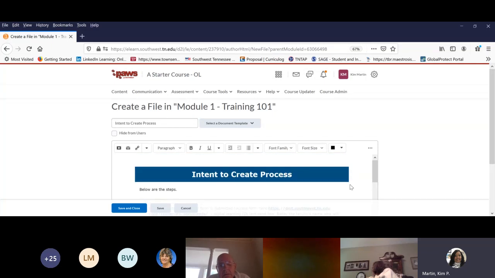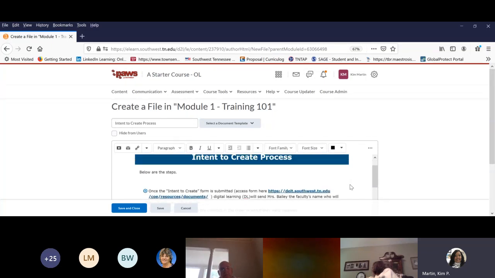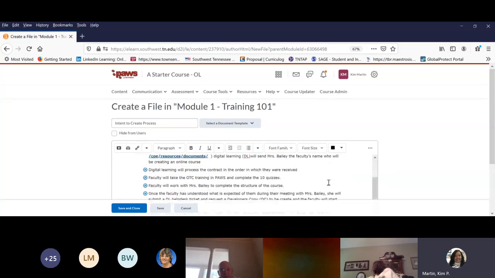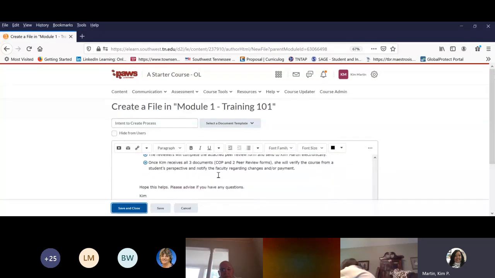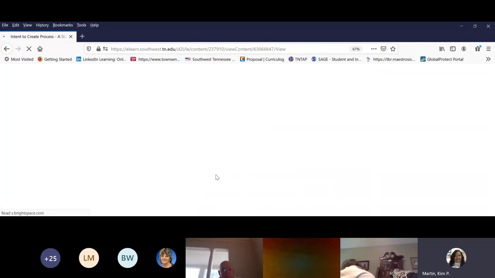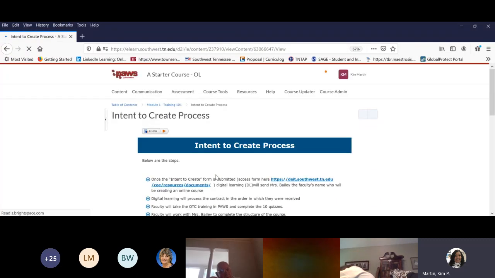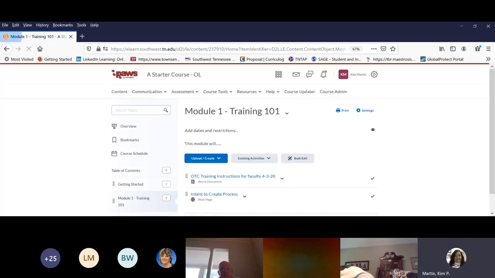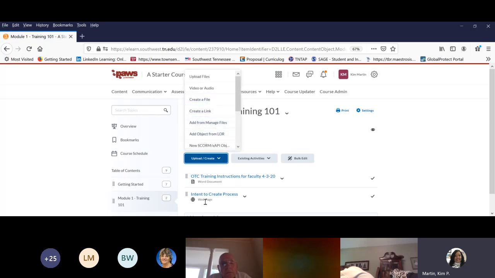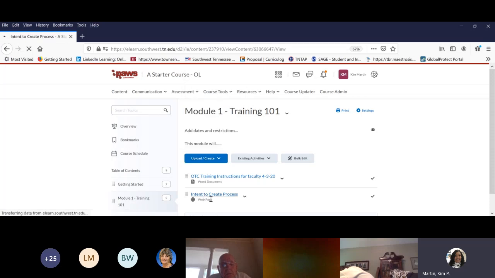And when I continue to look down and look through the process, all I do is click save and close. And what that does for me, it now makes the file available inside the module that I created called Training 101. So we've added a Word file. We just created a create file, which is this web page. So when I go back and click on this,